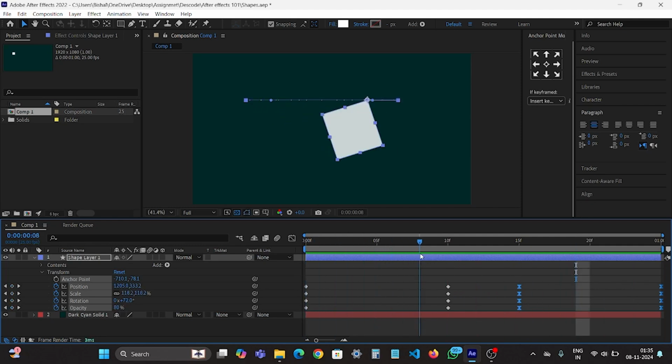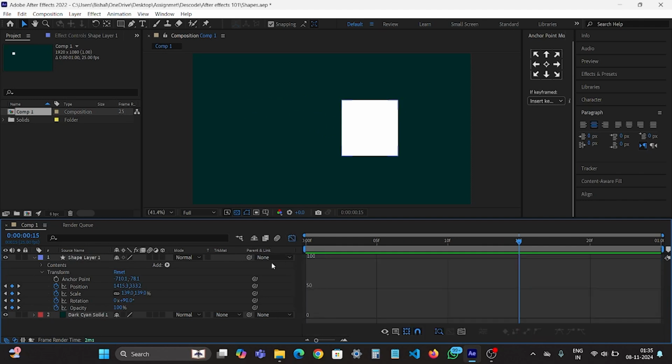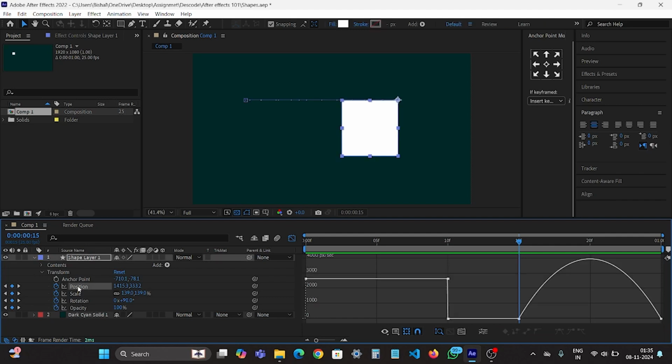but if you look closely, this is a bit smoother. That's why we are doing easy ease. And how do we understand that this is a bit smoother? We go to the graph editor and we check any property. You see that this graph is showing a very strict and sharp edge, which denotes the change in position is happening